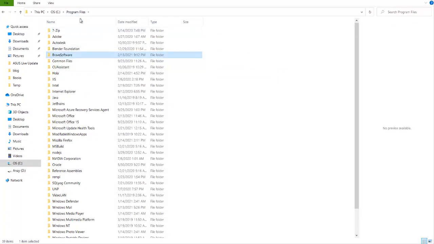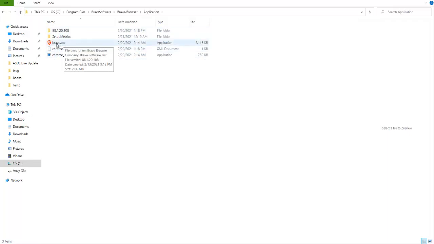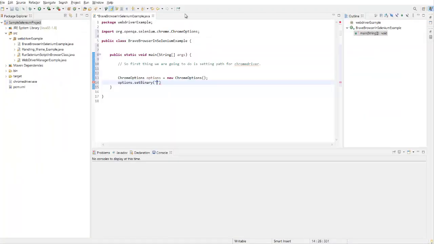Yes, within Program Files, Brave Software, then Brave-Browser, then Application, and here we can see brave.exe is available. So let's copy this and get back to Eclipse and paste it here.